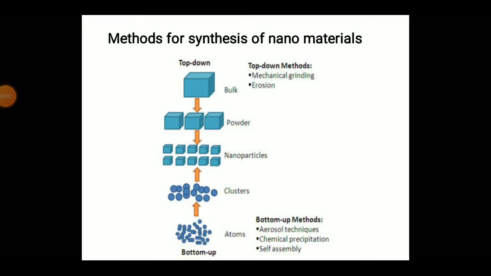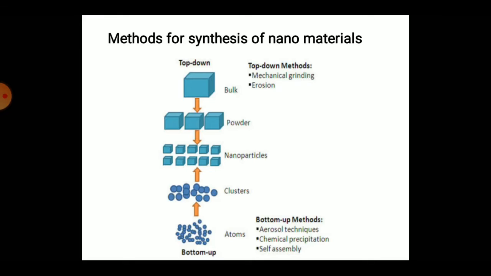So next we have methods of synthesis of nanomaterials. So there are two general approaches to the synthesis of nanomaterials. They are the top-down approach and bottom-up approach. So here you're given the schematic representation of the building up of nanostructures. So first we look into the top-down approach. So here what is happening, you can see first you have a bulk material which is then powdered, and then you get your nanoparticles. So that is your top-down approach. That is from a bulkier material you're getting your nanoparticle material.